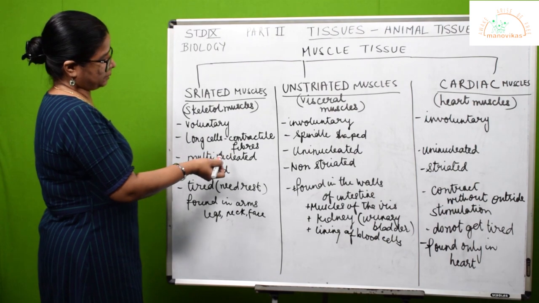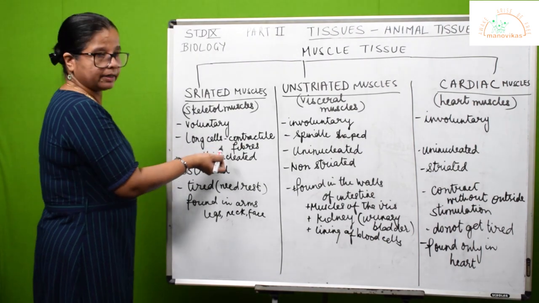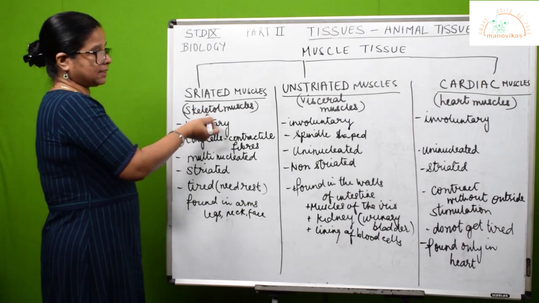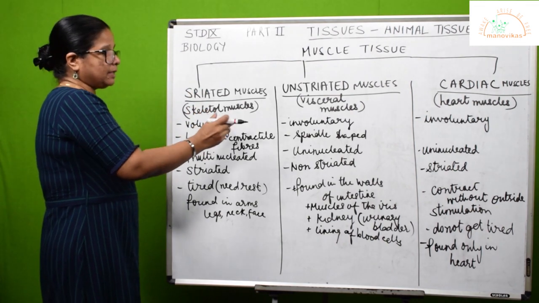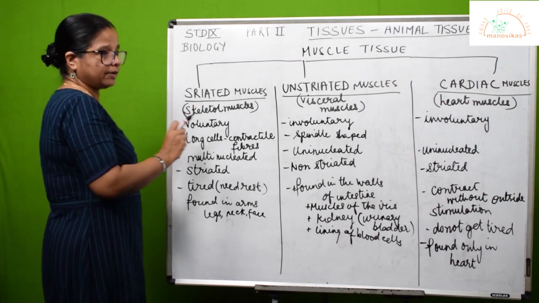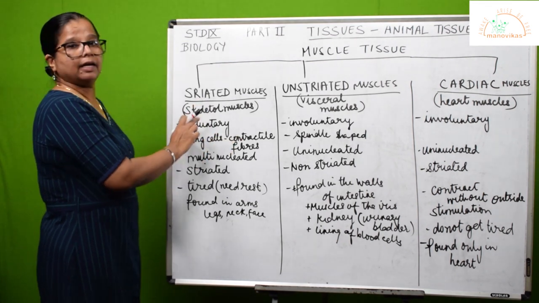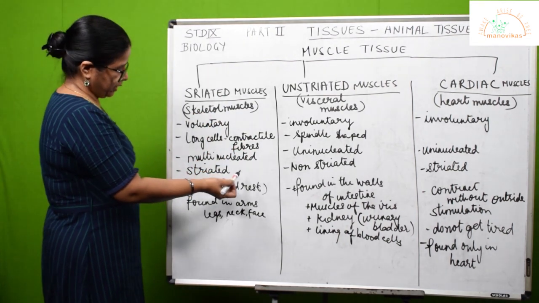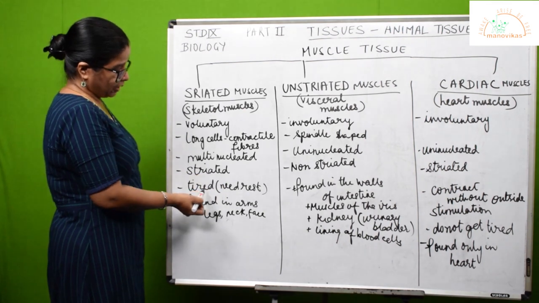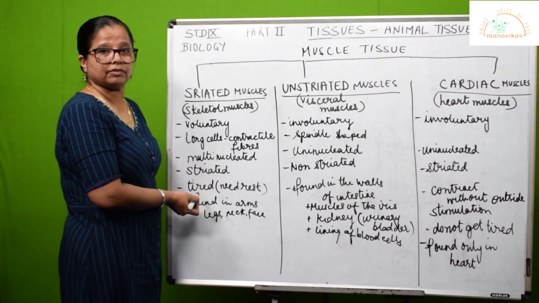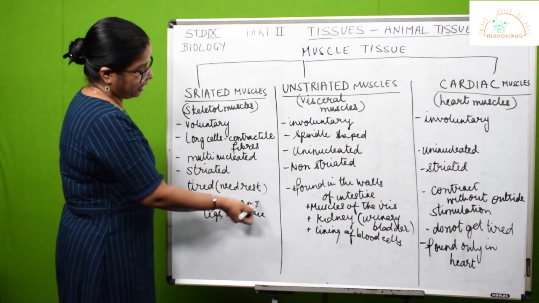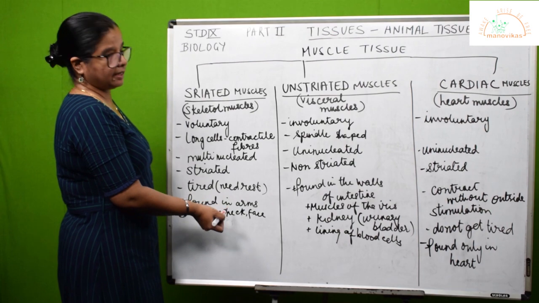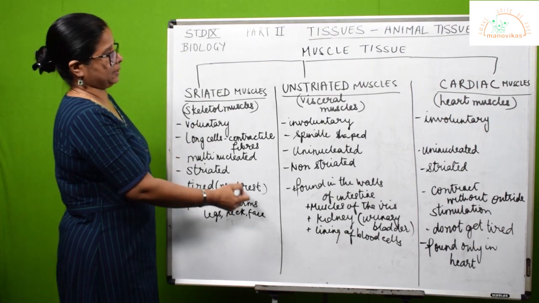What are the striated muscles made up of? Long cells. So, they make these contractile fibers. This helps them to perform their functions. If they are skeletal muscles, they need to be flexible, they need to contract and relax so that movement can happen in the body. Hence, they are this way. They are contractile fibers, multinucleated, striated of course, and they get tired. The muscles of our body, after working for a while, get tired and need rest. Where are they found? Everywhere. In the arms, legs, neck, face, everywhere, these striated muscles.